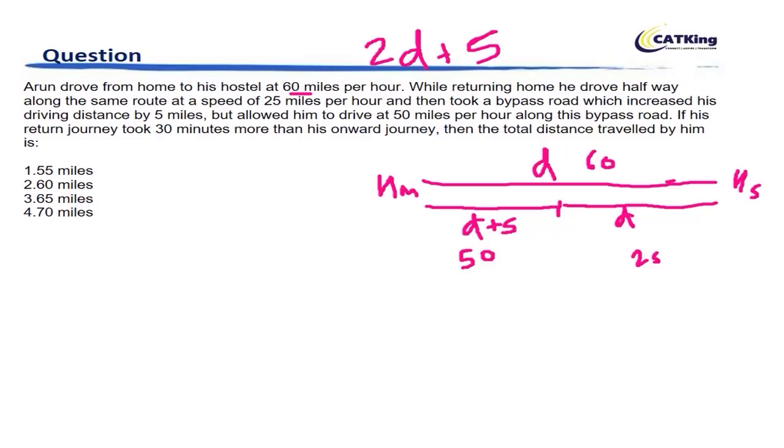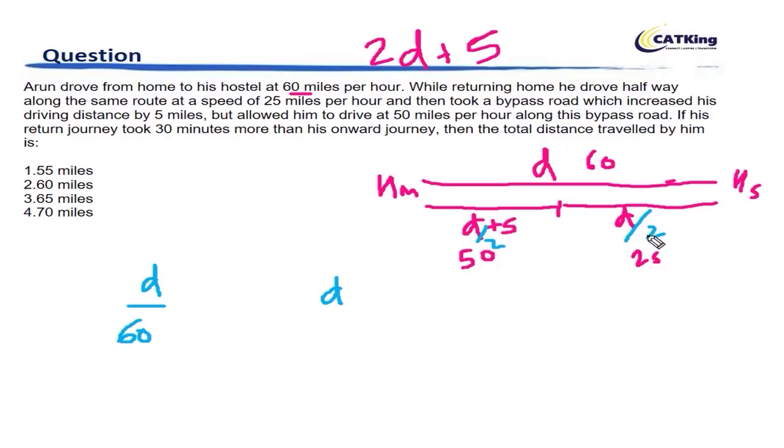We will come to the exam approach later. But for the first time, let me give you the approach first, or the concept. Now if you actually see, the time taken in the first half is d upon 60, right? The time taken in the second half is, this is d by 2, this is also d by 2, so d by 2 plus 5, right?